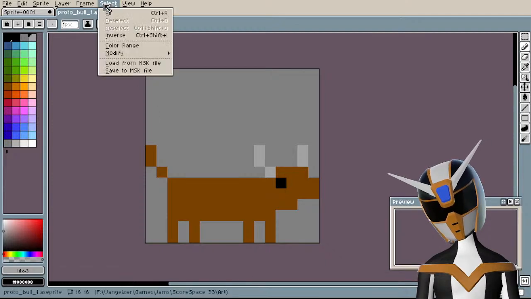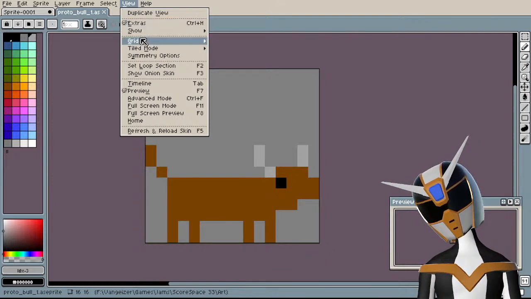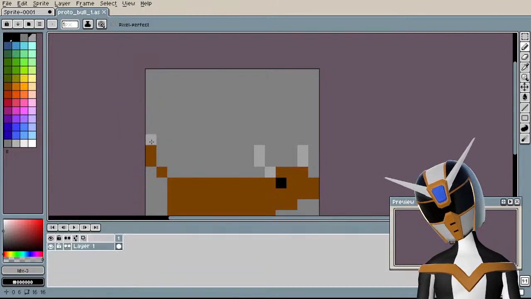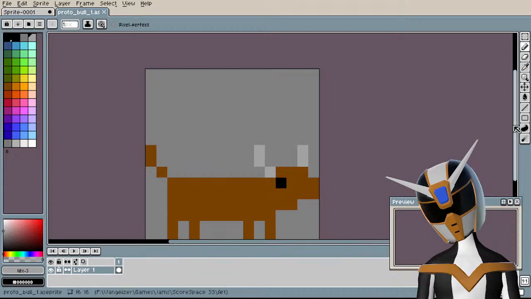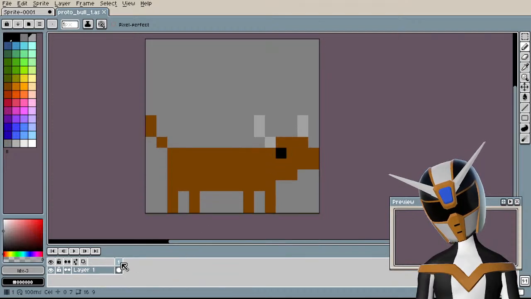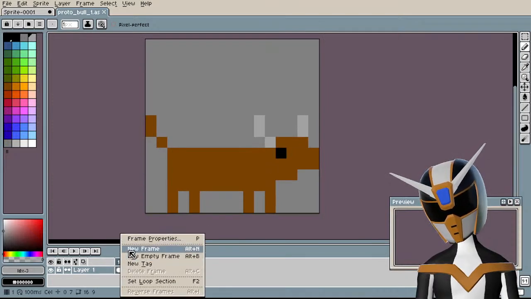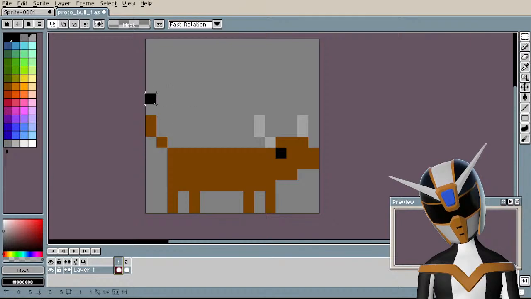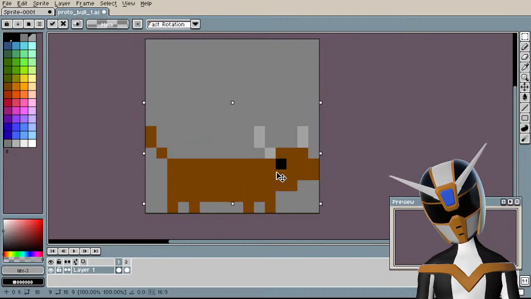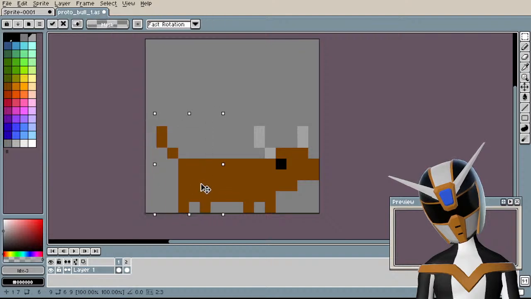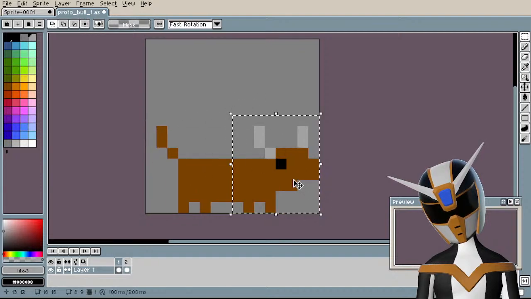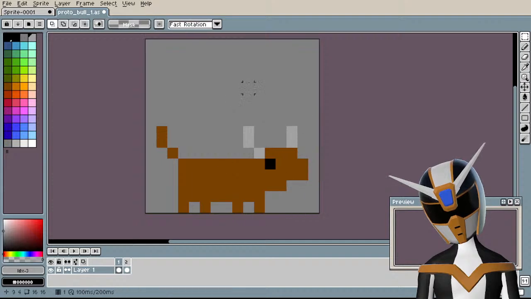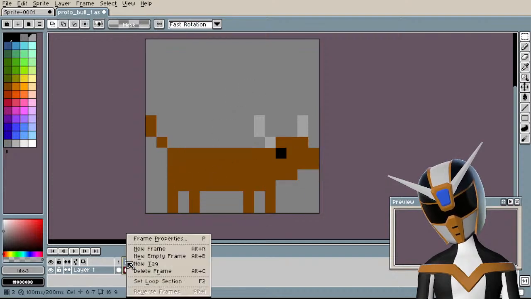Hey, where's the animation timeline? There it is. Okay, new frame. You know what, let's make the bull stubbier. I've decided I want a stubby bull. And just make it smaller in general. Yeah, I like that better.